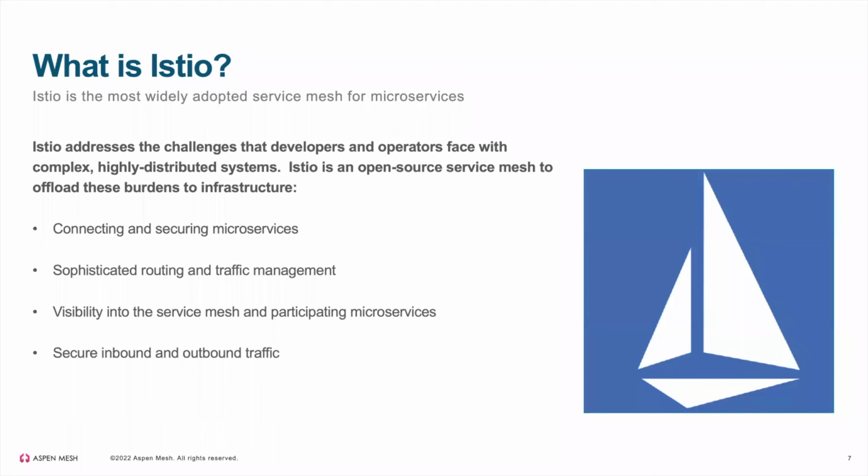I think one of the important things that Istio and Aspen Mesh and all the different vendors of Istio have realized is that this cloud native world introduces a new way to implement security. The old security controls don't really work in this new world for a number of reasons, but we don't want organizations to take a step back in their security posture. And so, security is first and foremost across the board with Istio.